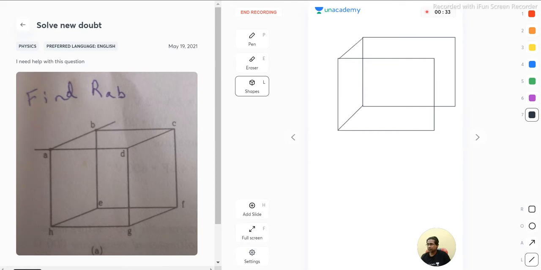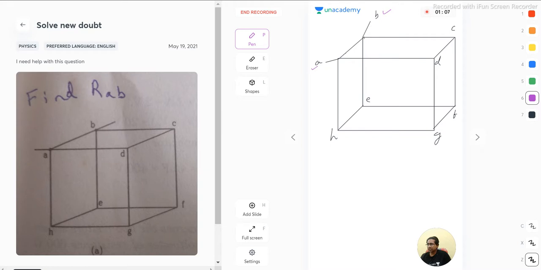And we have this branch, this branch, and then we have this branch as well, and we need to calculate equivalent resistance between this and this. This point is A, this point is B, this point is C, this point is D, this is F, this is G, this is E, and this is H. Okay, so now our target is to calculate the equivalent resistance between the point A and the point B, correct? So let's solve this question now.